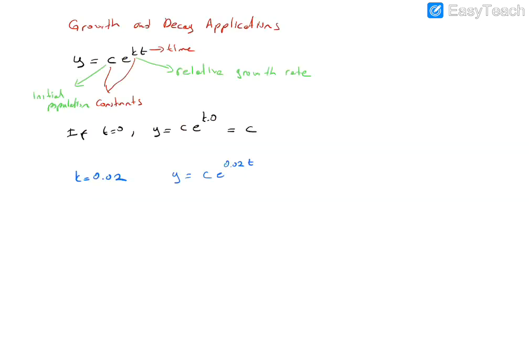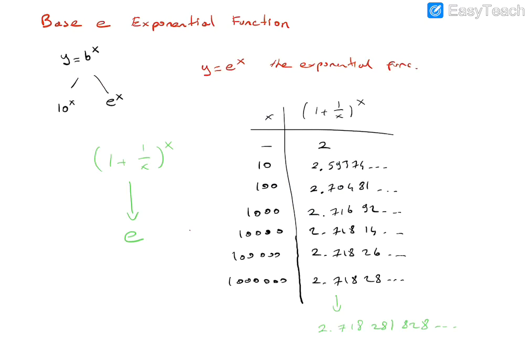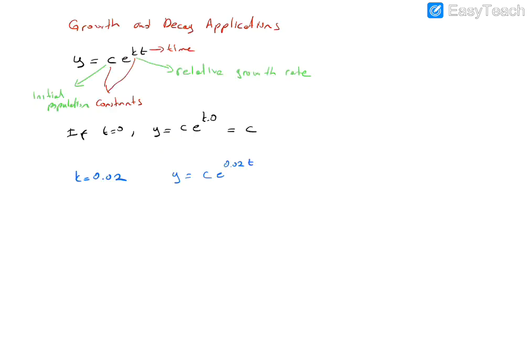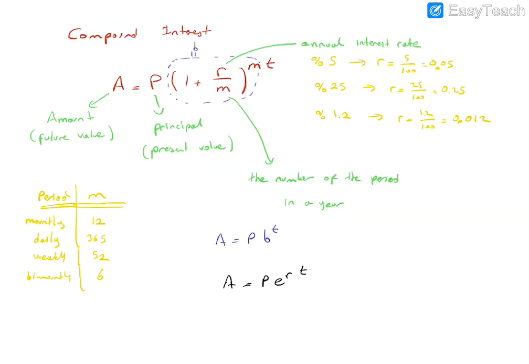Maybe you can recall from the previous lecture. Here this approaches e, but here we have 1 plus r over m to the power m. So in that case, when m goes to infinity, which means compounding continuously, 1 plus r over m to the power m approaches e to the power r.